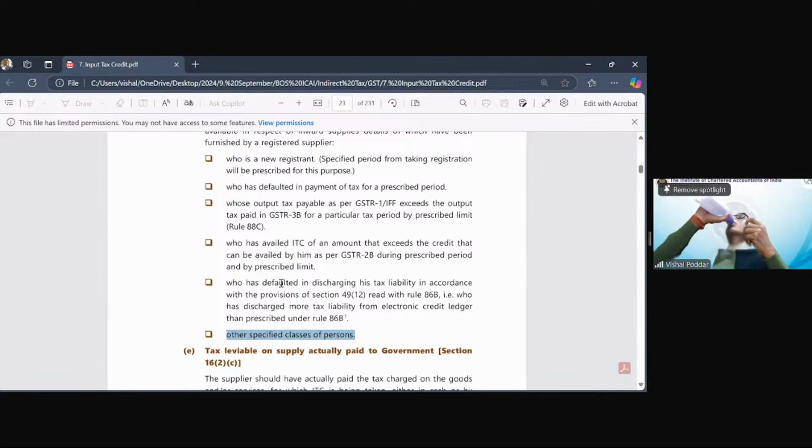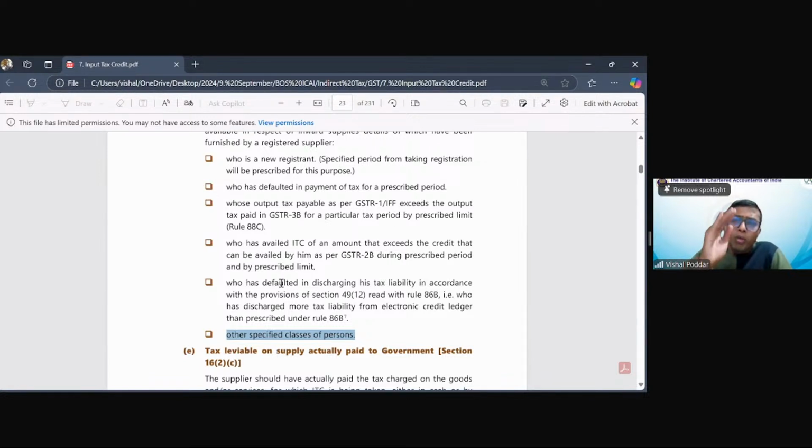Any idea, sir, when it will be effective from? This was introduced last year. It should have been effective. So around a year has passed. And I'm sure they are also maybe reconsidering it, because the moment they make this effective, you can understand how difficult it will be for a businessman to actually do business.